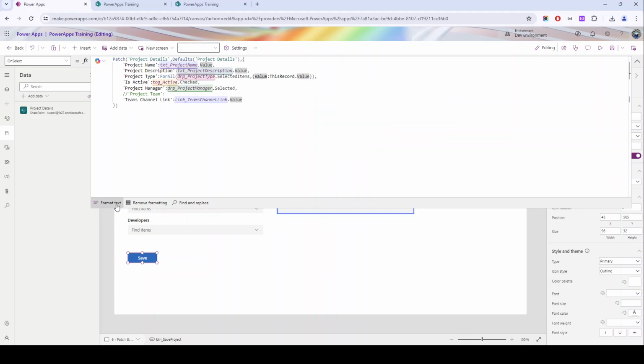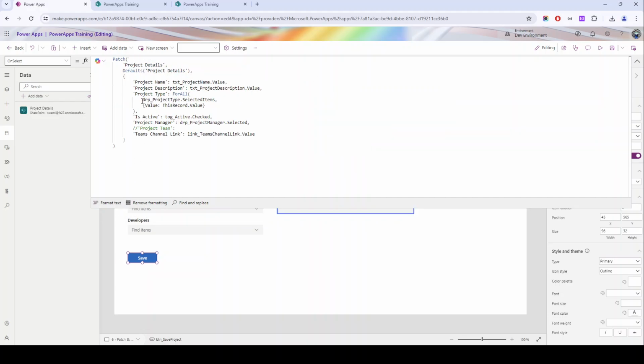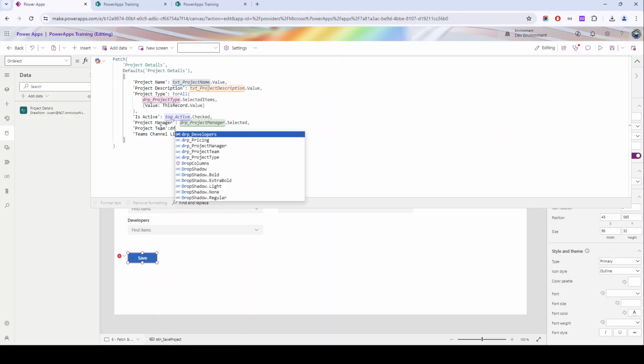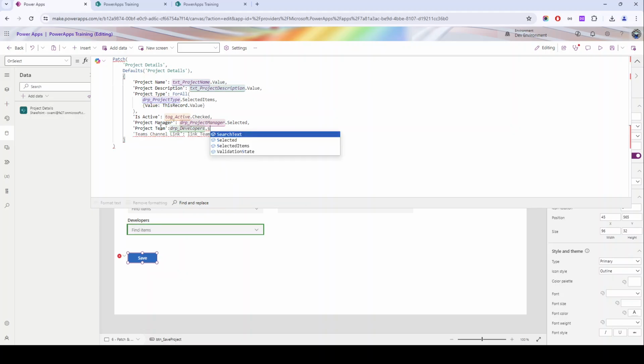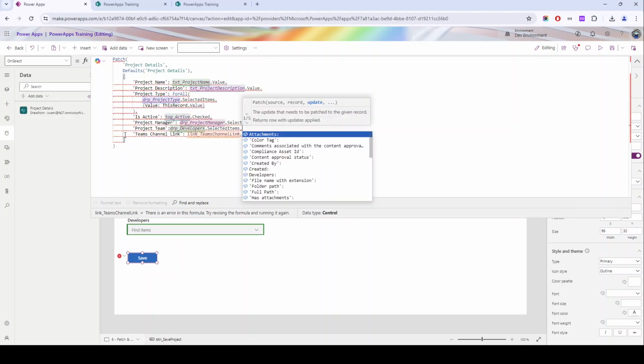Okay, so I'm going to explain. What we are doing with ForAll means for all the selections in the project type, so whatever values we select in the project type drop down, we are going to pass everything to our SharePoint list. So this is the syntax if you are using multi select. Similarly for project team as well, we are going to use multi select. So we can just simply write drp developers dot selected items, and see if it works or not. So it's a people picker field,